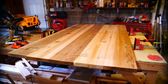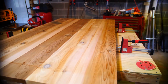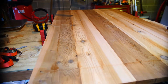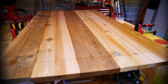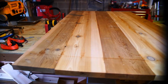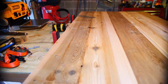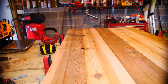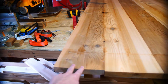I tried to clean up as much glue as I could with a wet rag. I had quite a bit of squeeze out. It wasn't a perfect squeeze out everywhere, but I had good spread over everything. And there's 2 dowel pins, and I'll put some stills in to take a couple of pictures. So I've got 2, 4, 6. I've got 8 dowel pins in between each set of boards, and I split these 2x10s